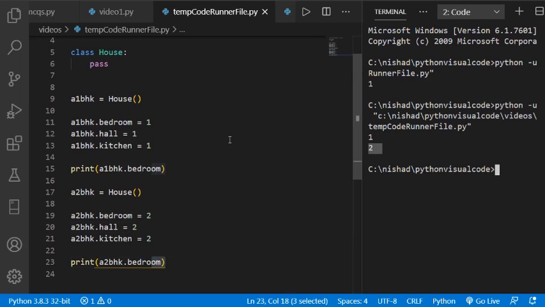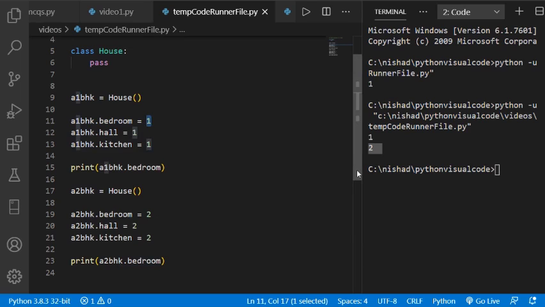Okay. So these two objects of house are based on only one structure, that is, they all have bedroom, hall and kitchen. Okay, but they differ from one another in some aspects. And what is that aspect over here? That one has only one bedroom, one hall and one kitchen, and the other has 2 bedrooms, 2 halls and 2 kitchens. Okay. So the way object attributes are created here is not the ideal way,